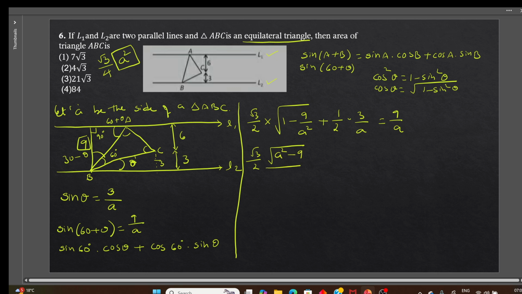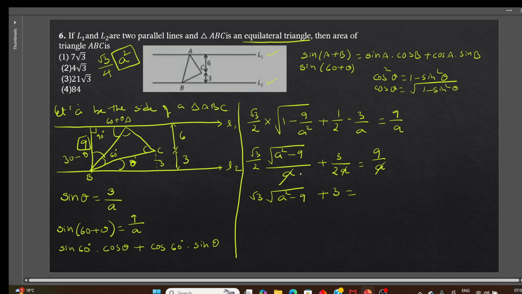Okay, square root cancels. We get root 3 by 2 into a, which is 2a, is equal to 9 by a. So here the common term on both sides is a, so a is cancelled. So what is the remaining here? Root 3 square root of a square minus 9 plus 3 is equal to